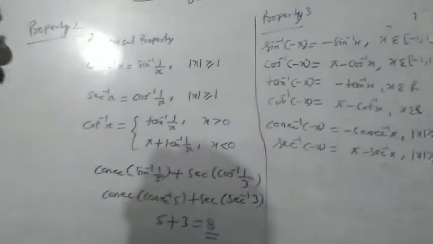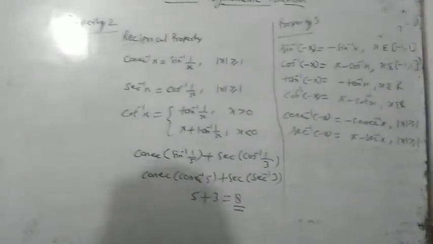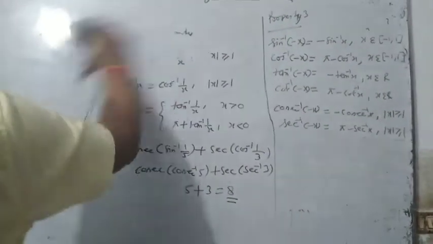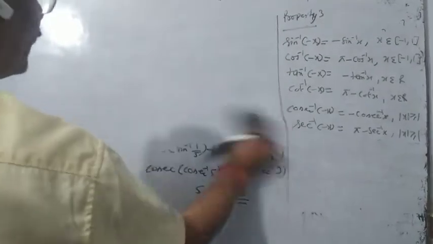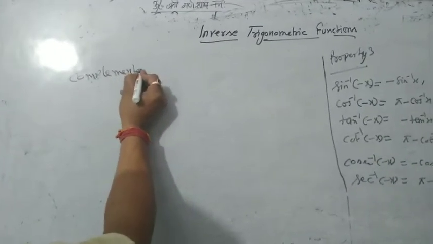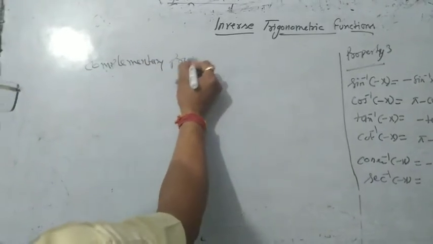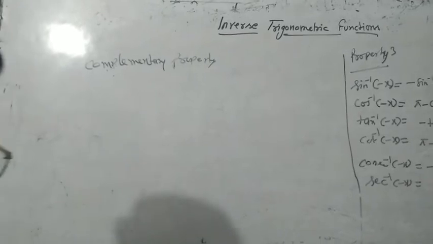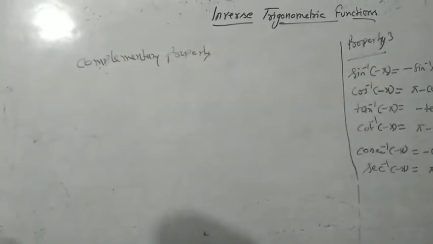Next property is complementary. Complementary means sin, cos, tan, cot, sec, cosec. These are the complementary ones. So the next property is the complementary property. In the complementary property, property number 1,